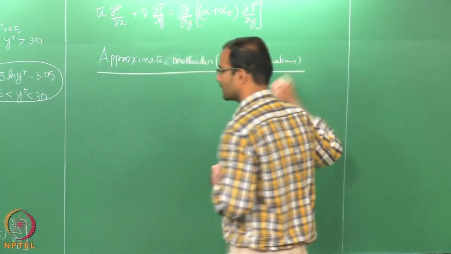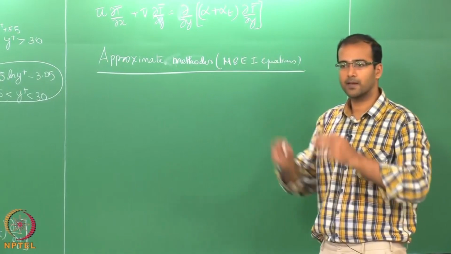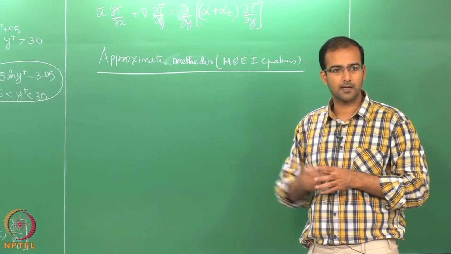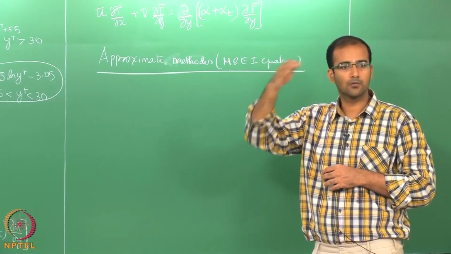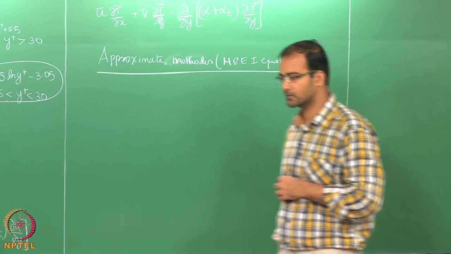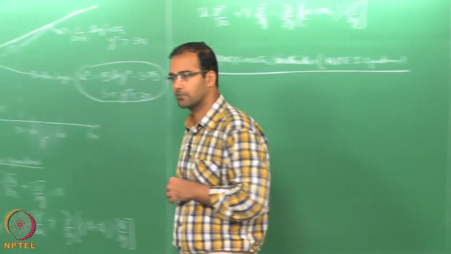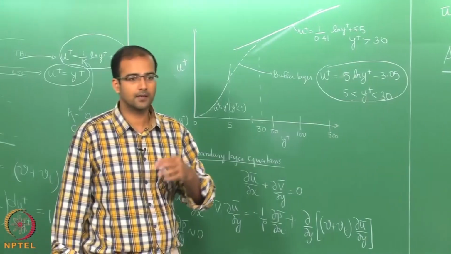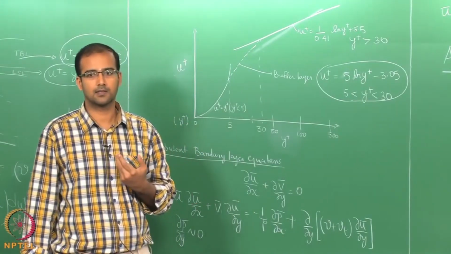So, we will have the same kind of equations that you had earlier, except that wherever we had nu, we will now have nu plus nu t. Okay. Now, how is it going to simplify? It is not going to simplify there, but the kind of profile that we are going to take for velocity,